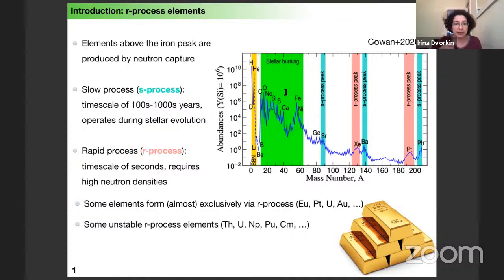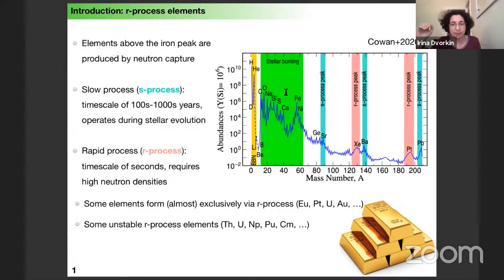Now there is also another type of process which is rapid relative to beta decay, so that the nucleus captures many neutrons very rapidly and travels very far away from the valley of stability. It finds itself in a radioactive zone, so it then decays quickly through beta decay back to the valley of stability. And this is a very efficient way to form very heavy nuclei. And actually it's half-half, so about half of the heavy elements are formed by the S process and another half